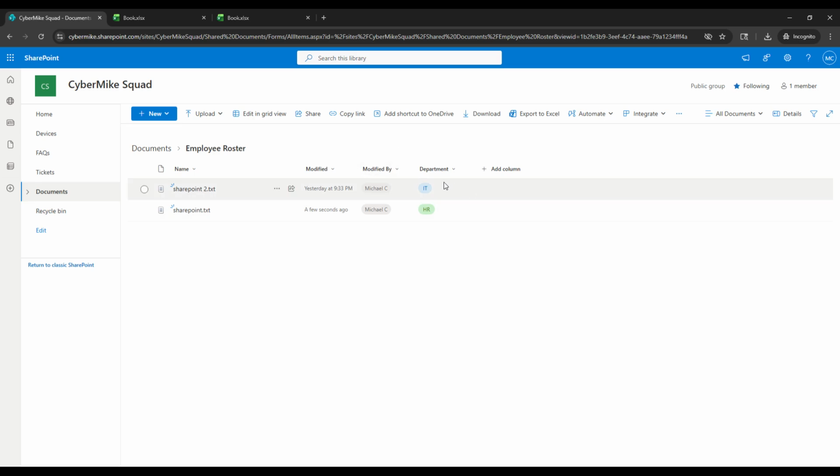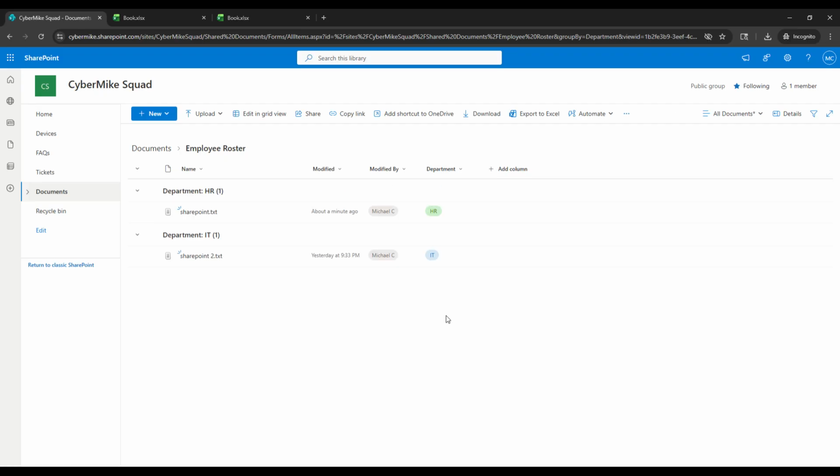So if we come over to any one of these, let's do these two just because they're different. If we come over to the dropdown, we can do group by department. Now when we do that, we have these two groupings together. I'm sure you can imagine in a real environment for IT, we'd have tons of files here and tons of files for HR,